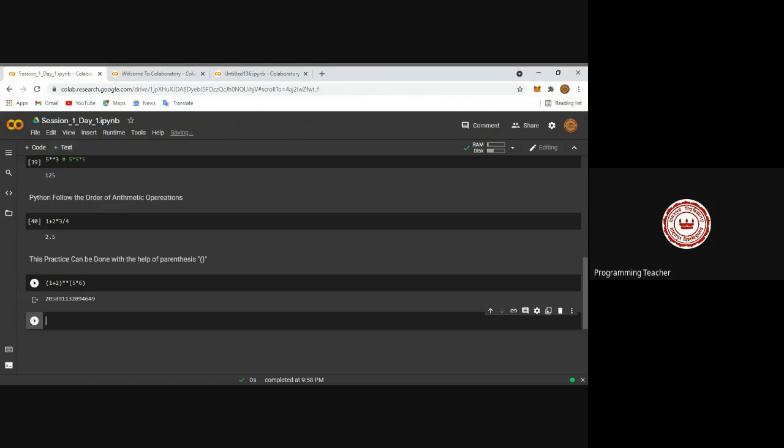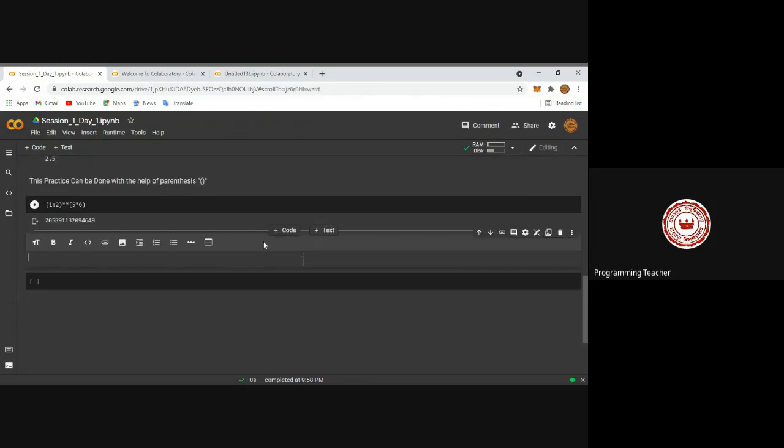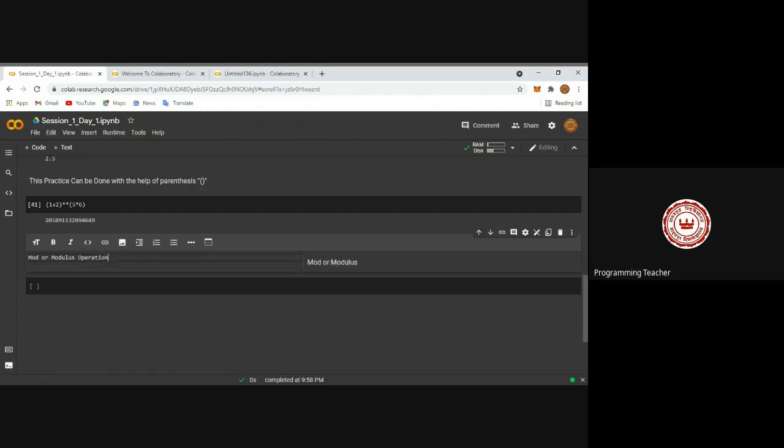Another mathematical concept we left behind, that is modulus. How to use this modulus operation? So let's take a small note about this. Mod or modulus operation is the percentage sign in Python. So in case of modulus operations in Python, you have to use this percentage sign. So what about the two conditions?